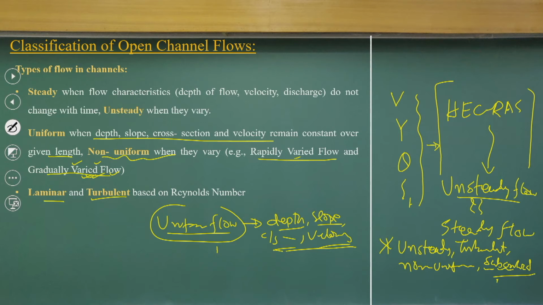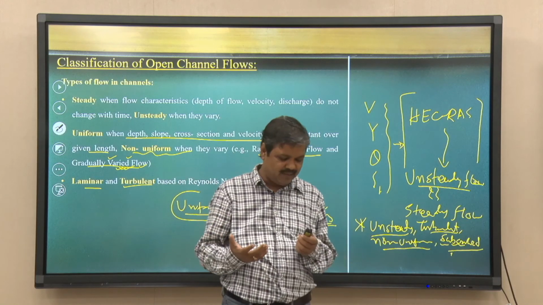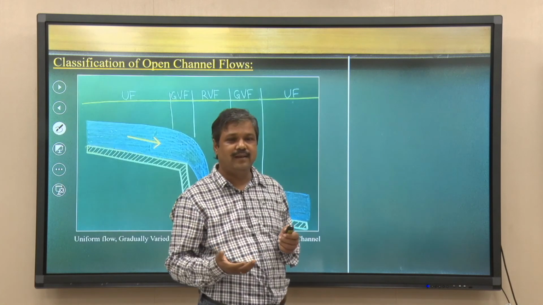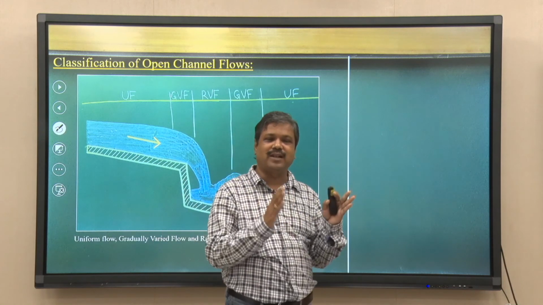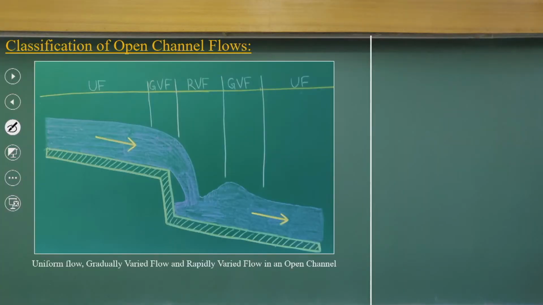So, basically what we are looking at is unsteady, turbulent, non-uniform and subcritical flow. That is the basic classification of most of the flow in open channels. Now, if you look at a very simple case to classify between all these flow systems, again I am sketching this part. As I said, there is a very long channel, then there is a drop, then